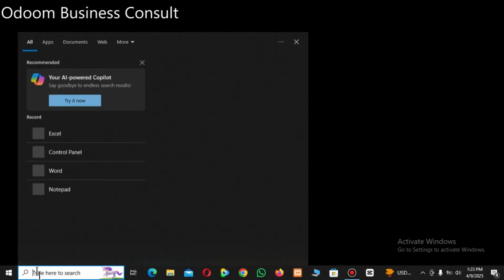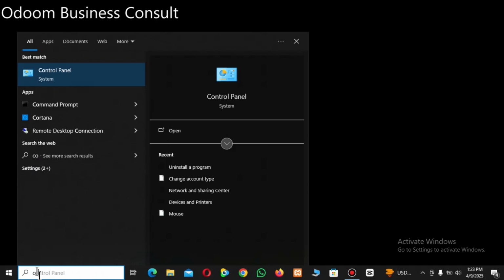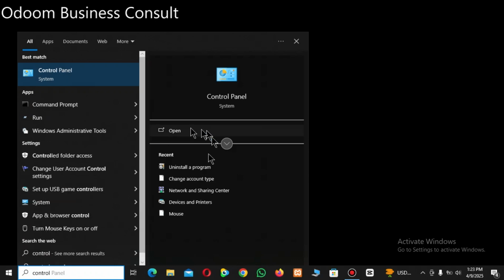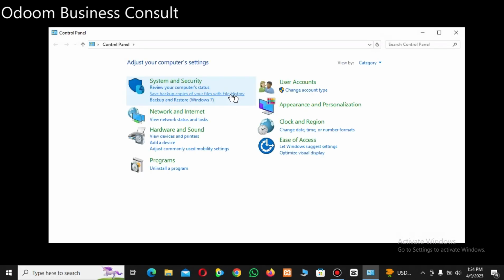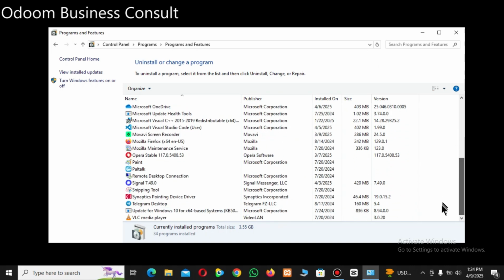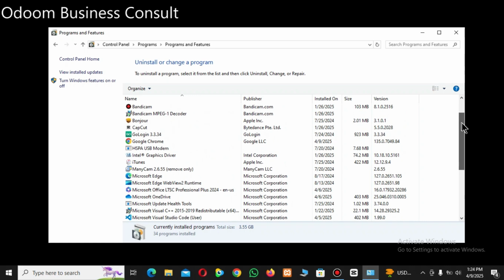Okay, so what you have to do here is to go to your start menu and look for control panel. Okay, look for control panel. So mine is here, just click on that. Then from there you see uninstall a program. Okay, click on that. Now you see all the programs that you've installed on your device, so look for the one that you want to uninstall. So for our case, for me, I have Microsoft Office